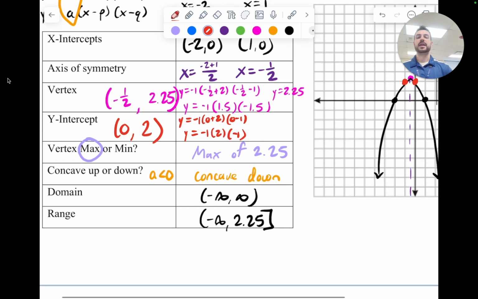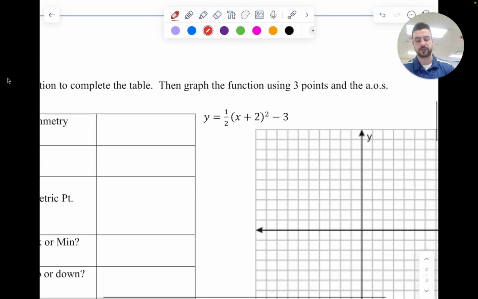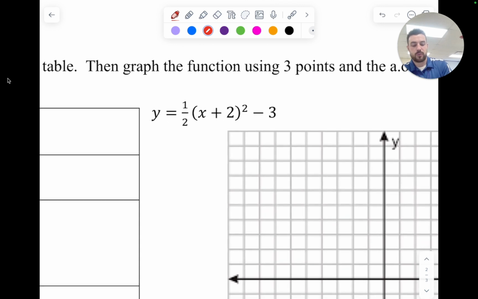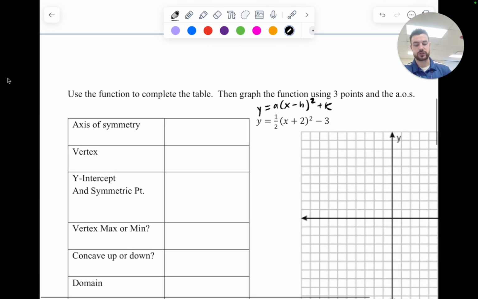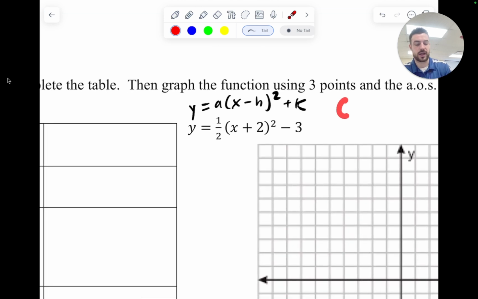Okay? Now, the last thing we're going to do here is vertex form, so my equation's a little bit further off to the side than intended. But our equation is y equals a times x minus h squared plus k. So if we want to find the axis of symmetry, well, we call this vertex form because we are given the vertex. The vertex is actually going to be our h comma k values,